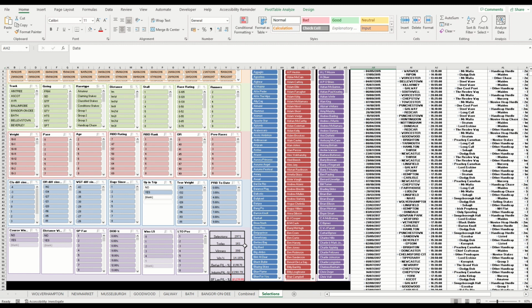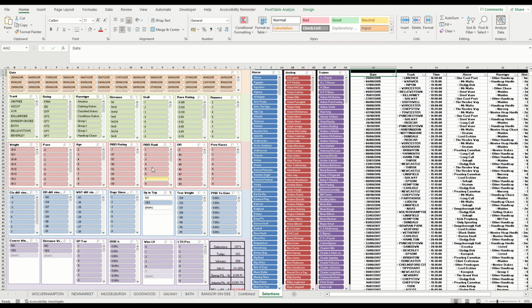So a very simple, quick filter that I've just picked at random. Horses that are running today that have run in the past and have been up in trip from their previous race, just doing that has generated a profit. Doesn't necessarily mean backing every horse today that's going to be up in trip, which there are 161 of, will result in the same. But that's why we have these filter controls in here. Now let's put a couple of other filters on. Let's say that we want to look at